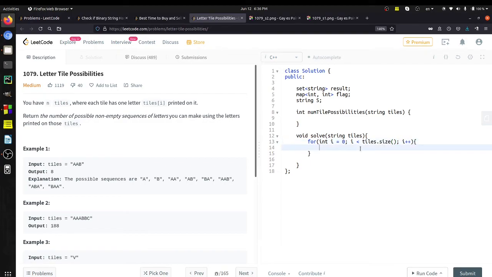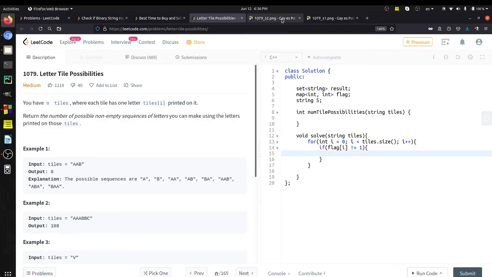In this for loop it will have a condition. So what was the condition? If flag of i is not equal to 1, that means it is not set, then only it will execute all the statements.